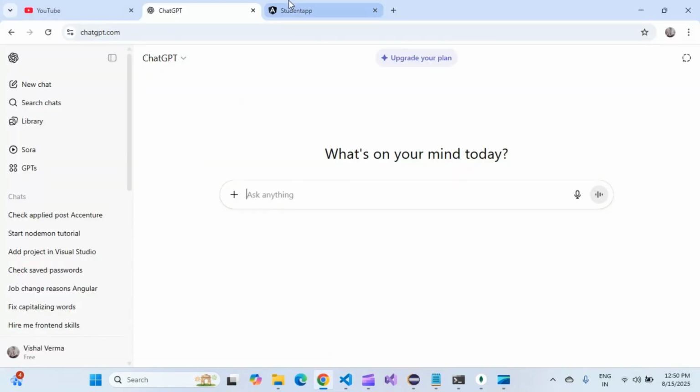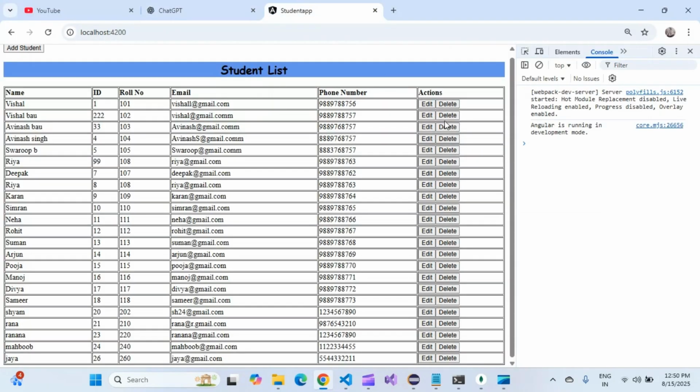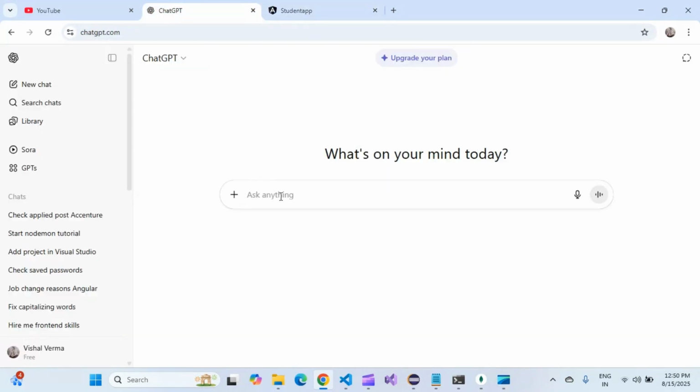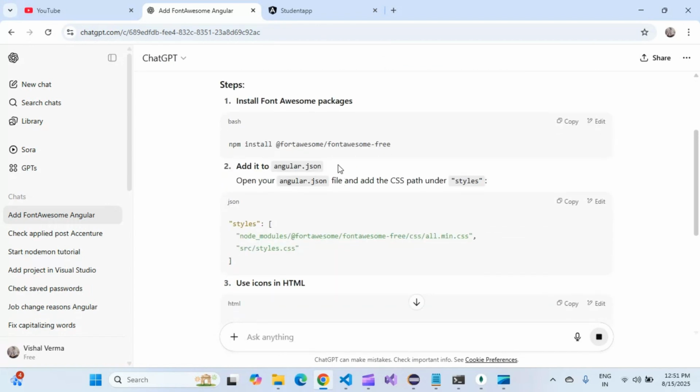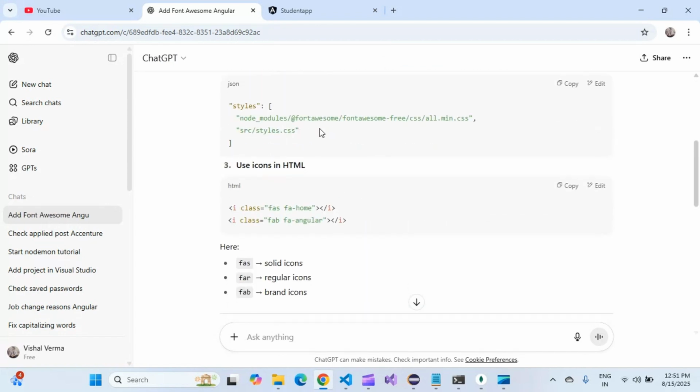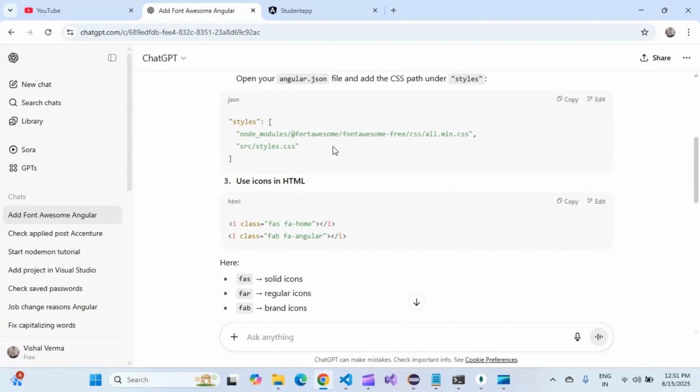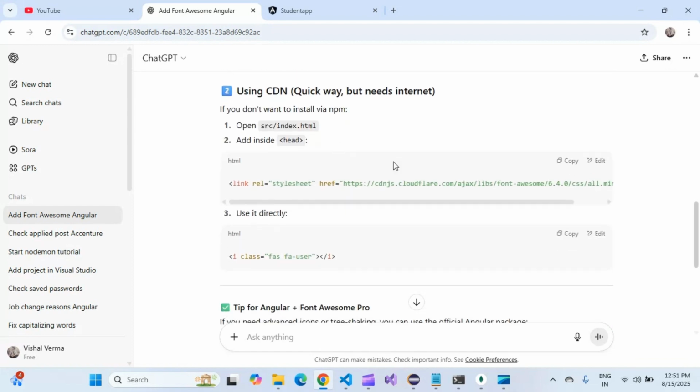So here today we'll see how we can use edit and delete icon from Font Awesome with the help of ChatGPT. So first we need to type it here, like how to add Font Awesome in my Angular. To check, just click enter and it will show one or two ways like how we can use. First is we can add in angular.json file and use that icon, but I will use this one